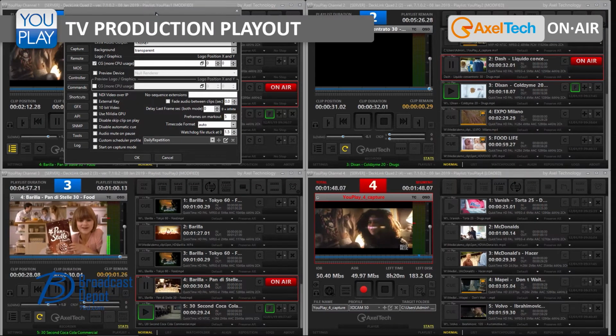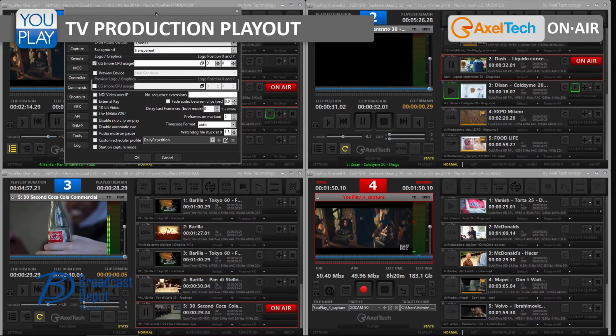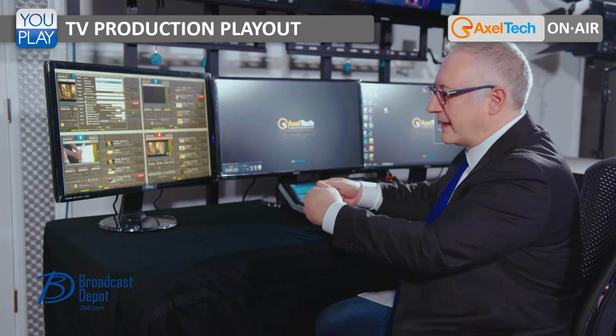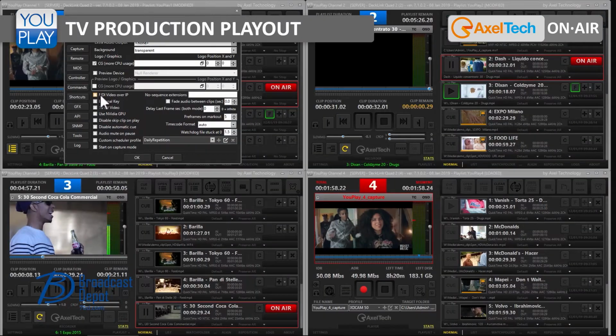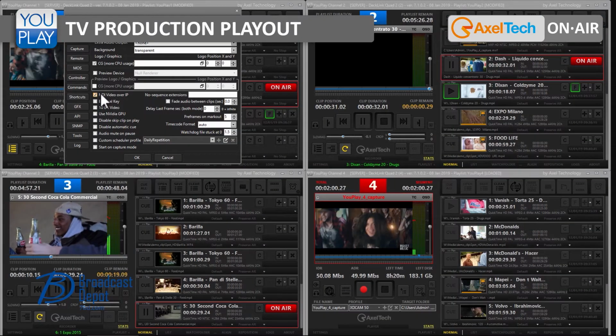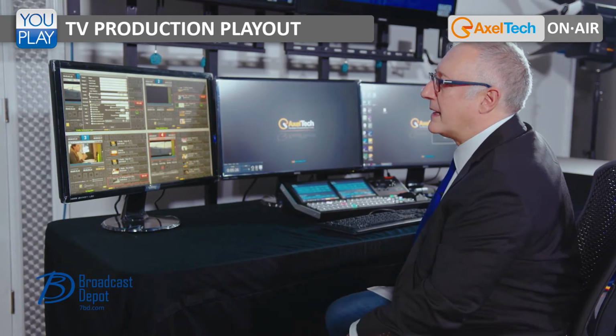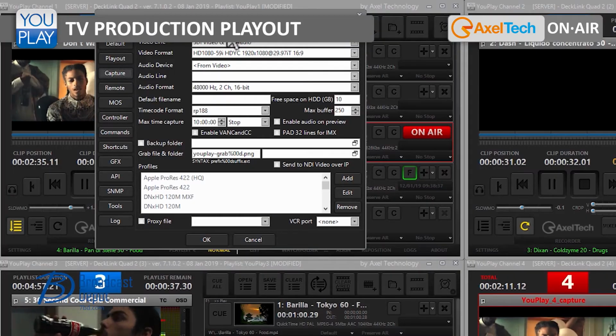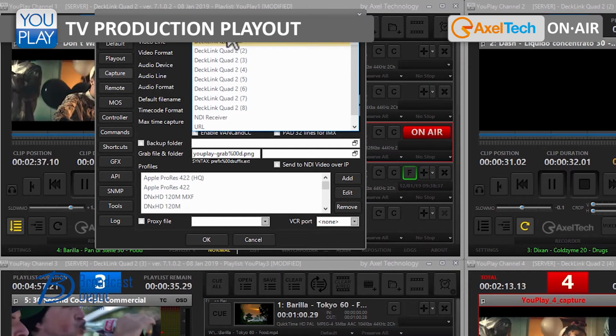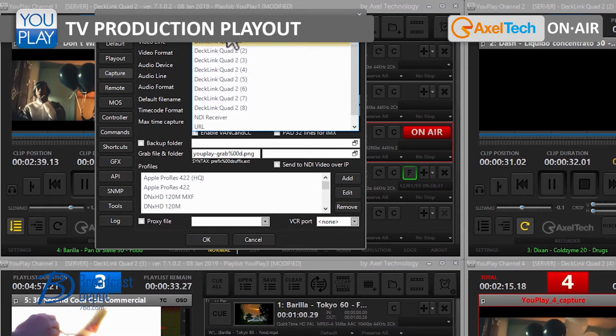Something regarding IP, we are very fond of mixing together the SDI, which is the traditional technology, with some IP technology. So we support NDI, which is the new IP format, on the output, and it's simultaneous. So you can go SDI and NDI simultaneously. But also on the capture, we can capture directly from NDI, the source, wherever it is connected on the network,